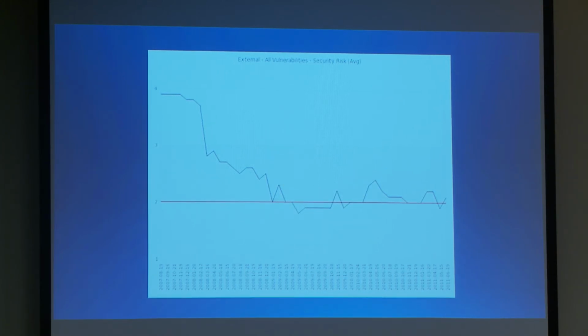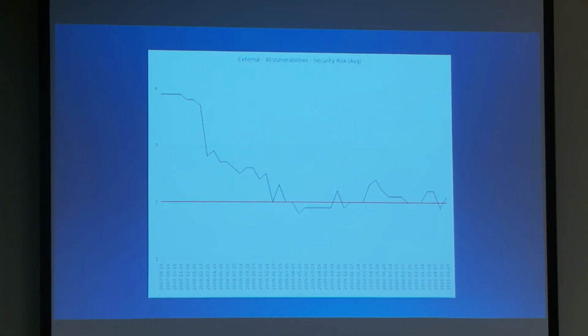I started by keeping this one little metric that said, this is where my security program sits today. This is the area of influence that I have, and these are the changes that I'm making. And that red line represents where I wanted to be. That's my goal. If I can get security average down to a 2, then I think I'm sitting pretty well, especially considering where I started.